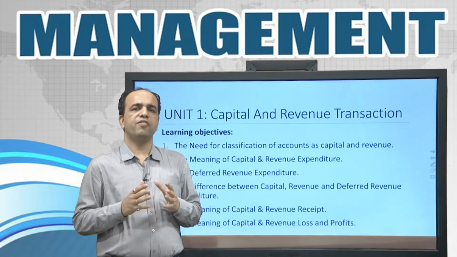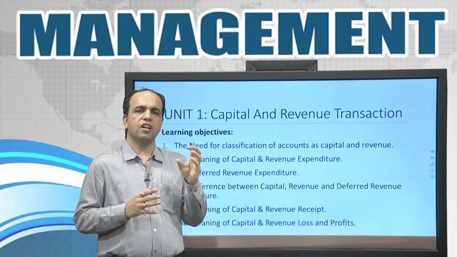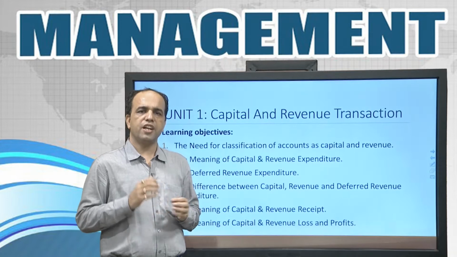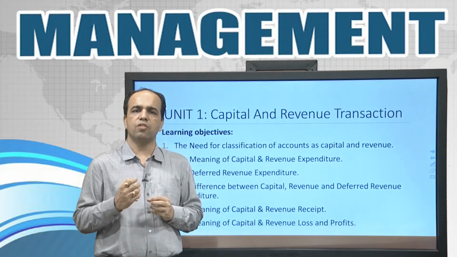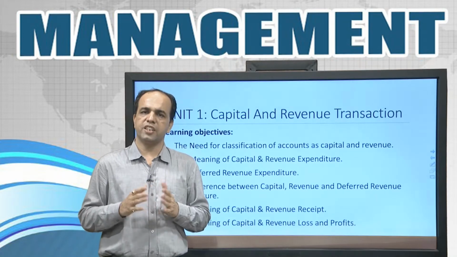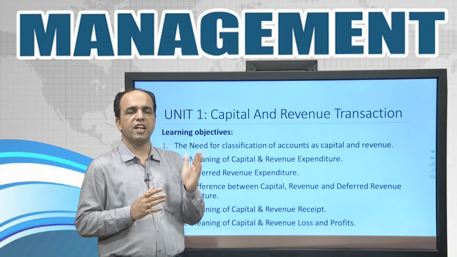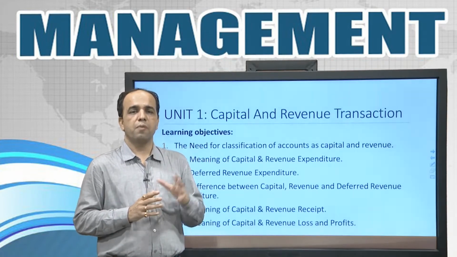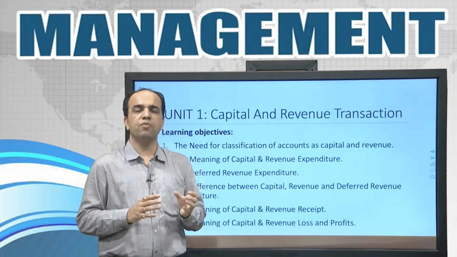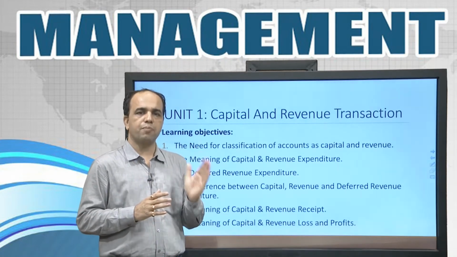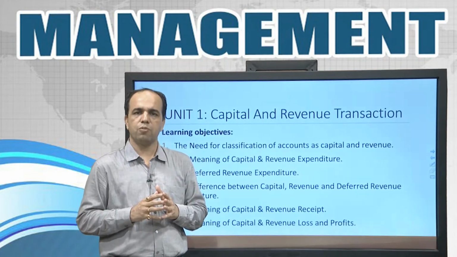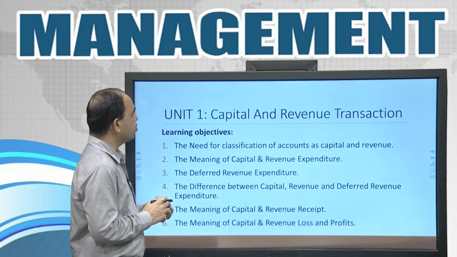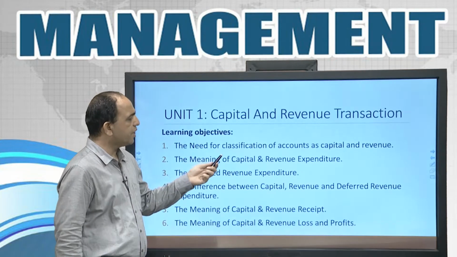Friends, in the definition of accounting, it was said that accounting is an art of recording, classifying and summarizing in terms of money transactions and events of financial character and interpreting the results thereof. Friends, recording, classifying and summarizing. So, recording and classifying, these two words are very important. Before recording expenditure and income, we have to classify whether it is of capital nature or revenue nature, income or expenditure. So, today in this Block, Unit 1, we are going to learn the need for classification of accounts